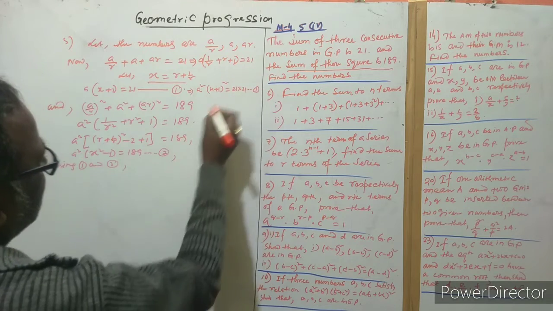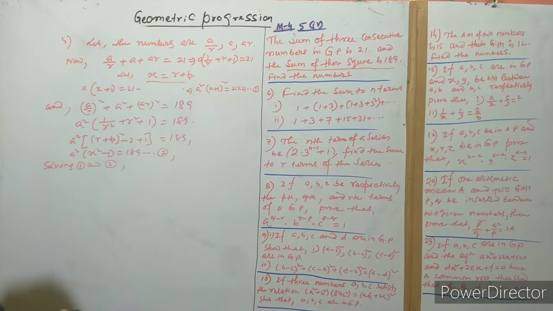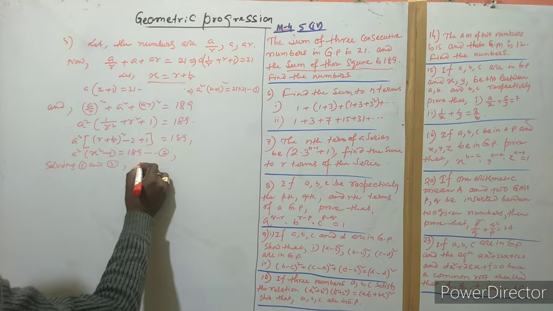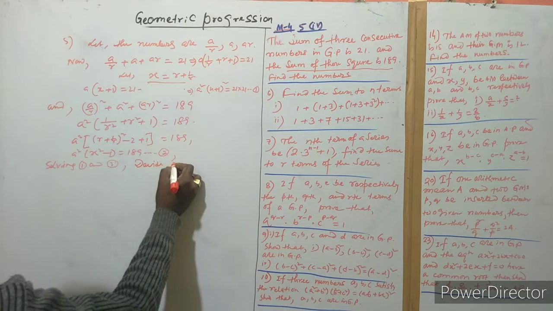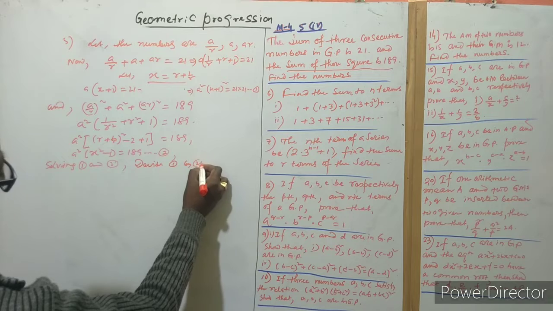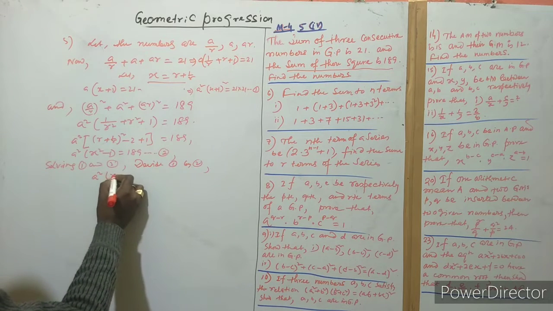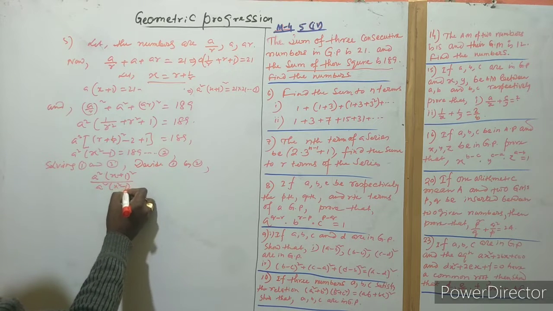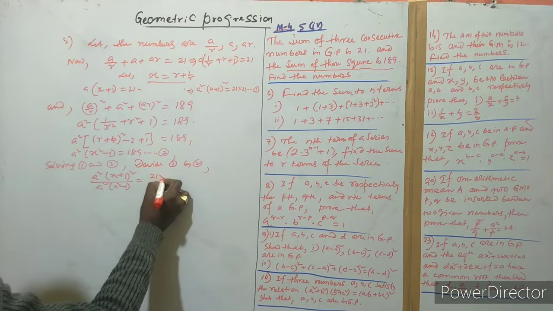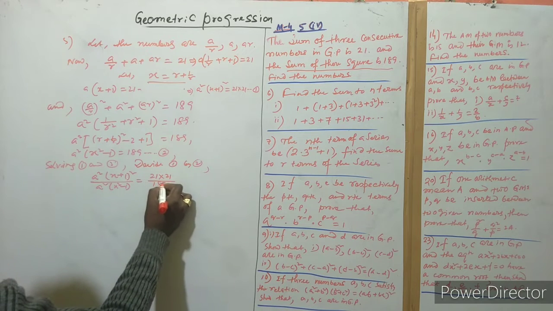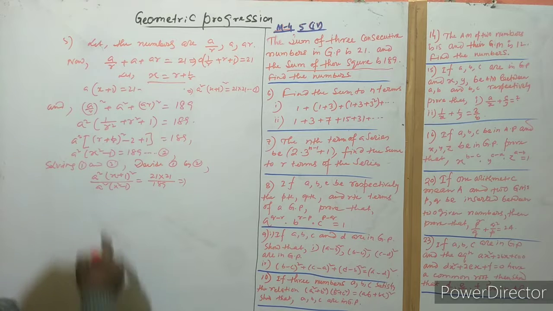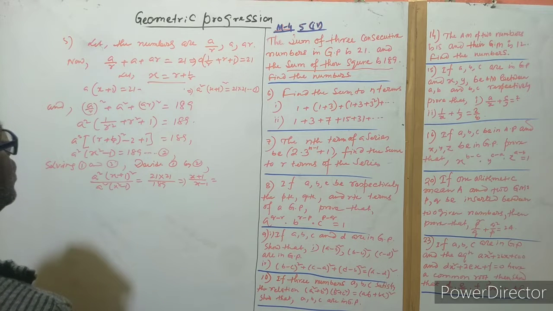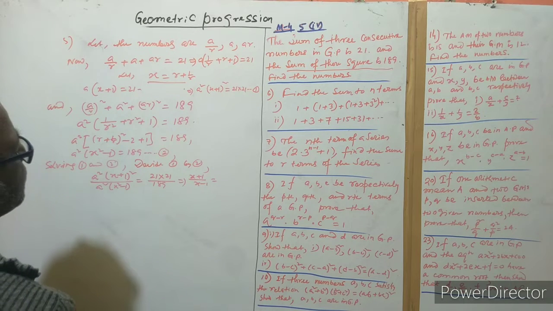Now divide 1 by 2: a squared (x plus 1) squared divided by a squared (x squared minus 1) is equal to 21 into 21 by 189, which implies (x plus 1) by (x minus 1) is equal to